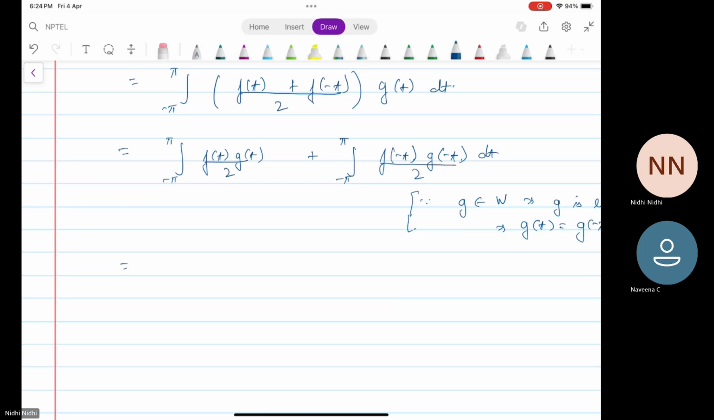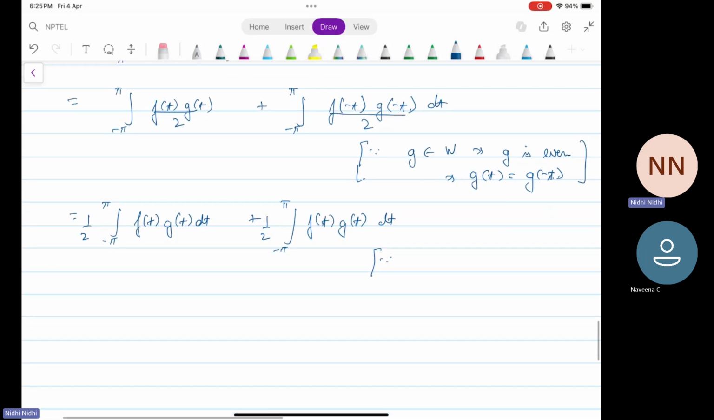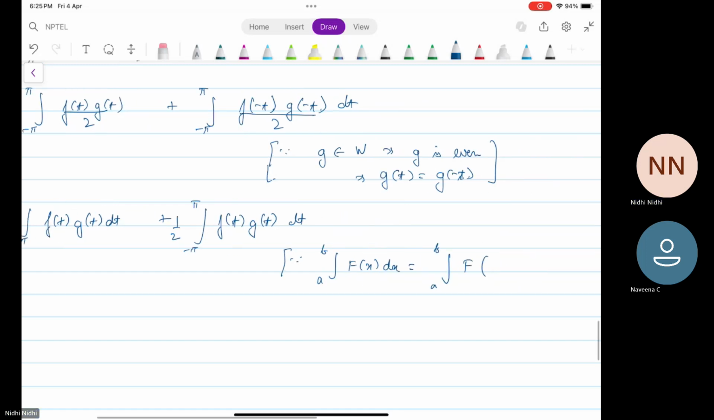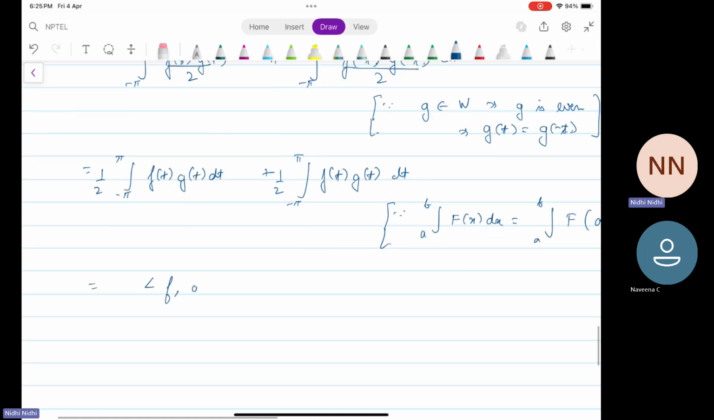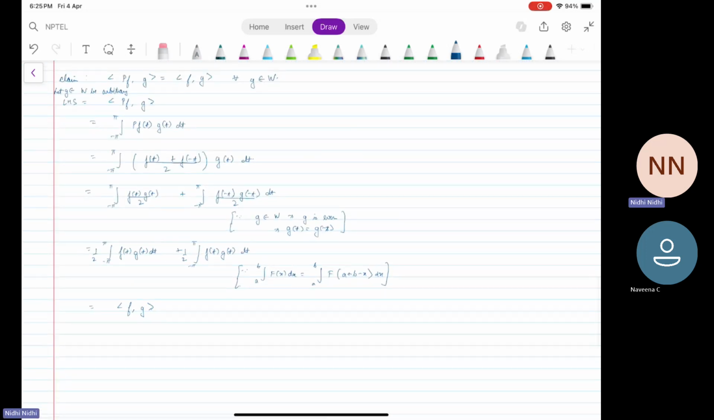Now this is the integral from minus pi to pi of 1 by 2 f t g t dt plus the integral from minus pi to pi of 1 by 2 f t g t dt, because for definite integrals we know that the integral from a to b of f x dx is equal to the integral from a to b of f of a plus b minus x dx, using this property of definite integrals. Now this is equal to the inner product of f with g. That is what we wanted, just the RHS. Therefore, inner product of P f with g is equal to inner product of f with g